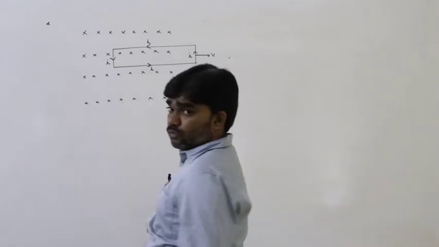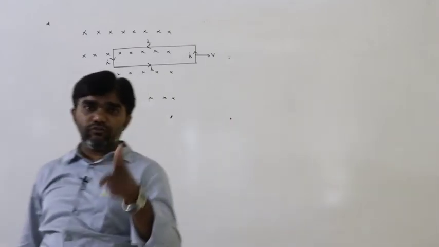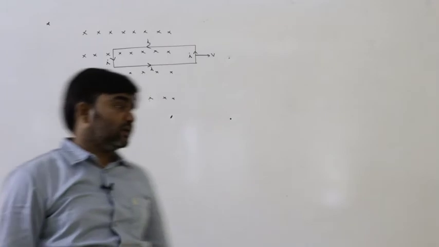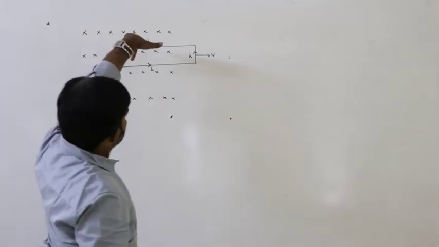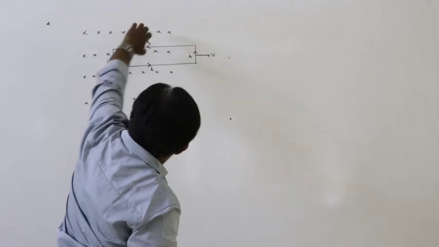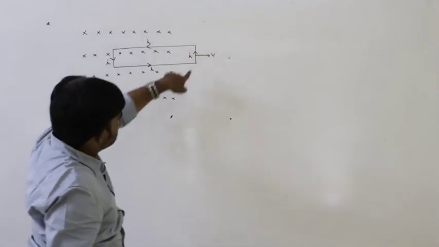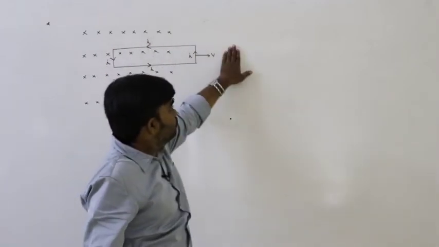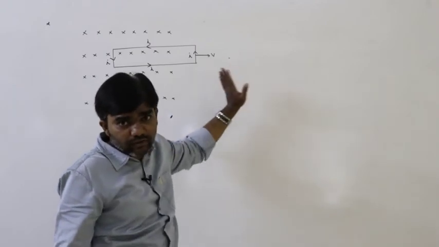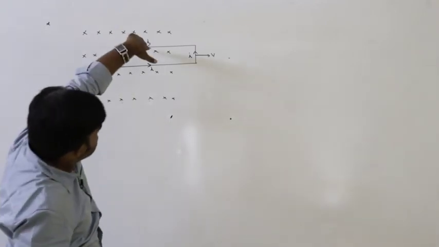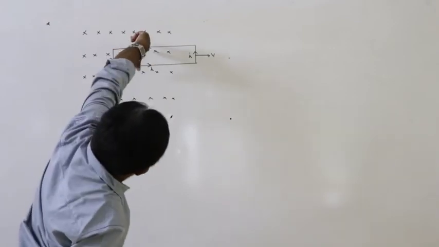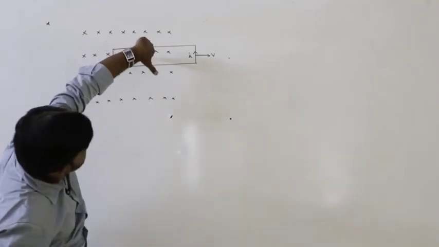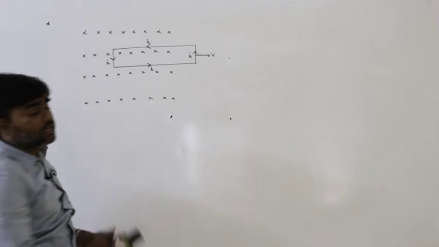For example, we know Fleming's left hand rule. Forefinger indicates the magnetic field, thumb indicates the force and central finger indicates the direction of current. So see here, for example, this is the rectangular loop placed in the uniform magnetic field and this loop must be pulled out with a certain speed. What is the force required for that? Magnetic field like this, Fleming's left hand rule, forefinger indicates the magnetic field, central finger indicates the direction of motion of the conductor, thumb indicates the direction of the force.